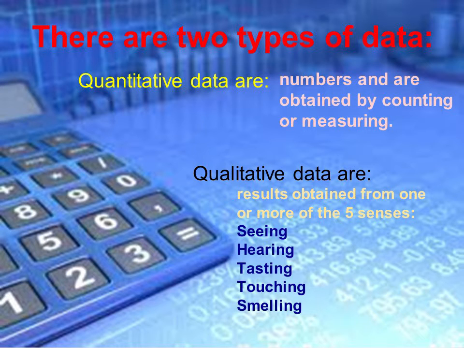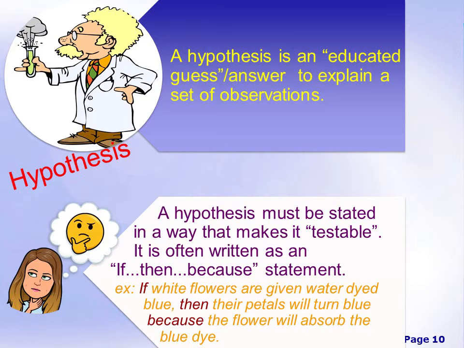Now, those tests include quantitative and qualitative data. Quantitative data uses numbers. 50 people got sick, or the tree grew 10.5 feet. Qualitative data uses the senses. The flowers smelled sweet. The soup was purple. Once we examine our data, we can make an educated guess about what we think is going on, which is